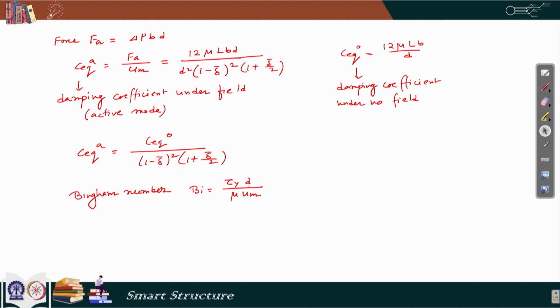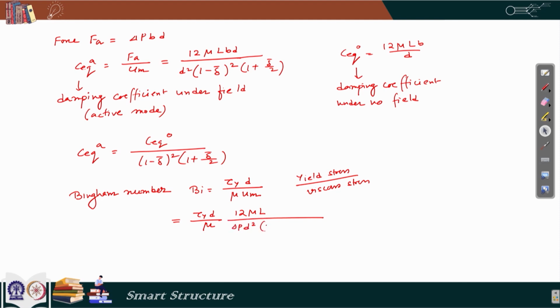So, tau I is the yield stress, and we can see that this quantity mu u m by d is also of the dimension of stress, and that is viscous stress. So, it is basically a ratio of yield stress and viscous stress, and that quantity finally comes to be tau I d by 12 mu L divided by delta P